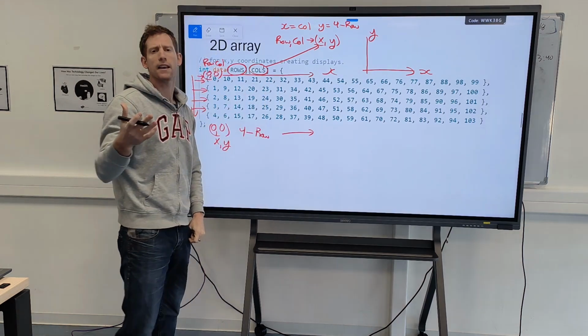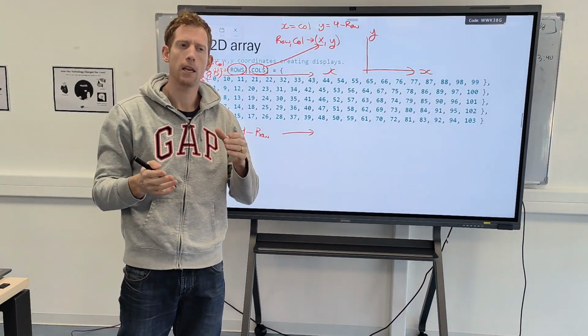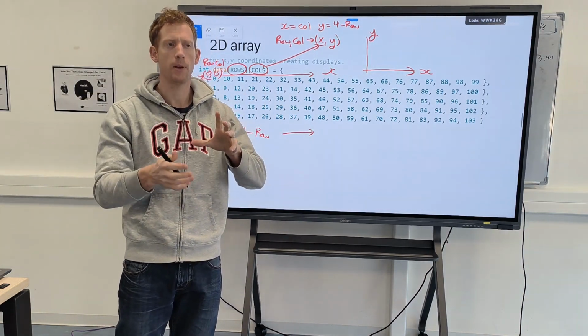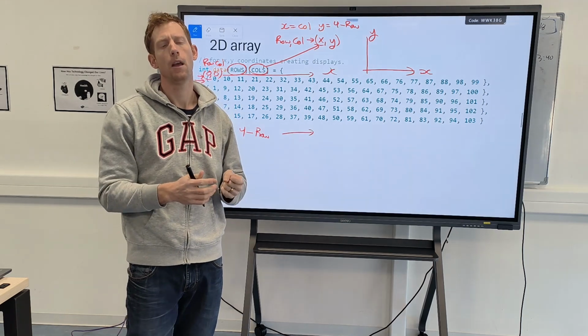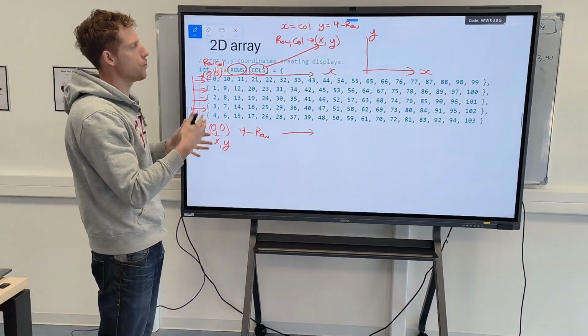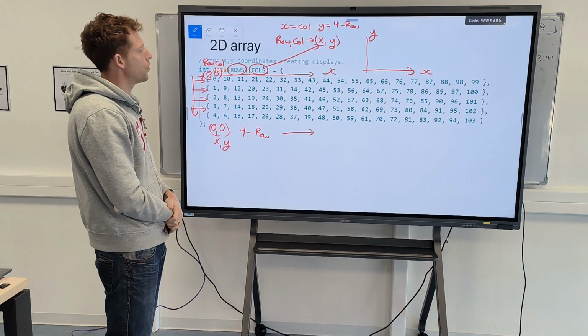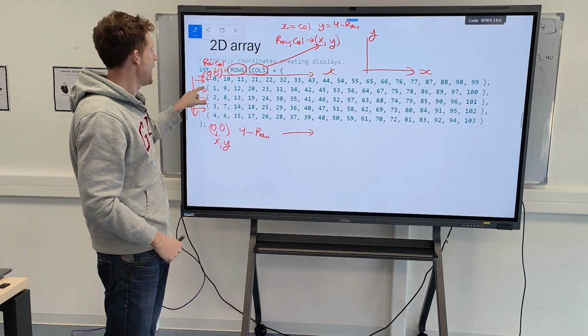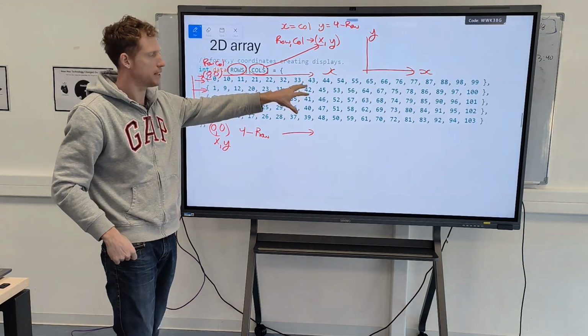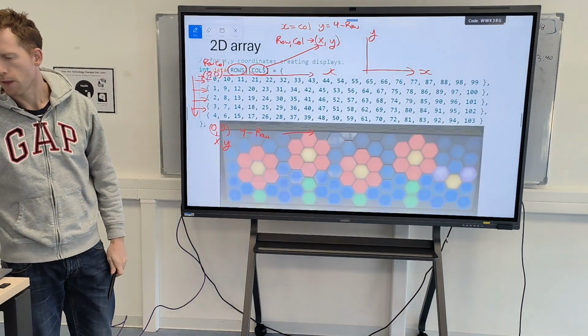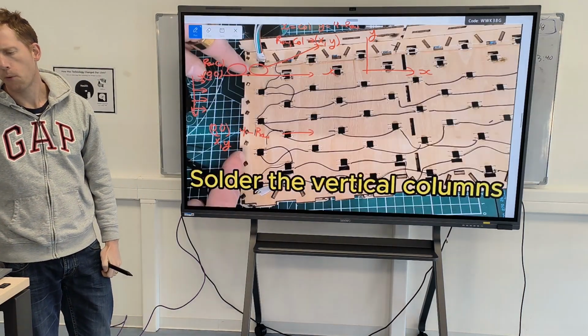So that's just showing you how you can use some engineering thinking, because when we're programming, you also have to think about how you want to show your display. And all of these numbers are basically the LEDs that are lit up. When you first program,